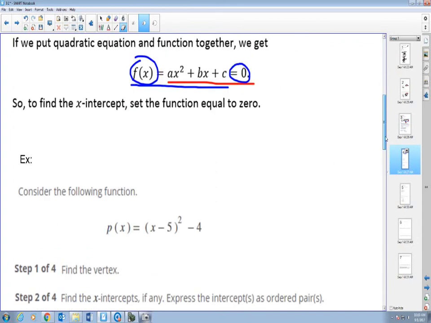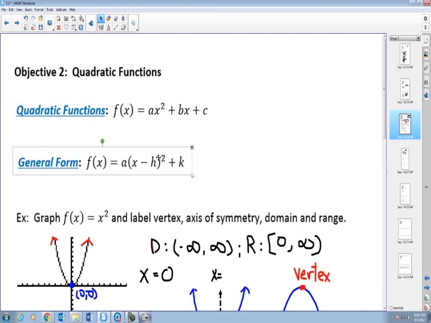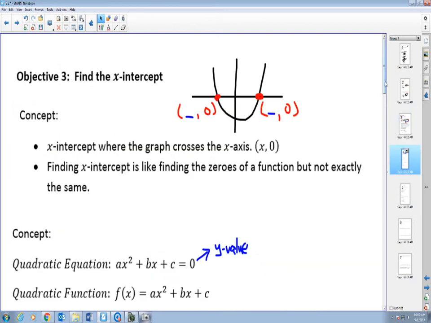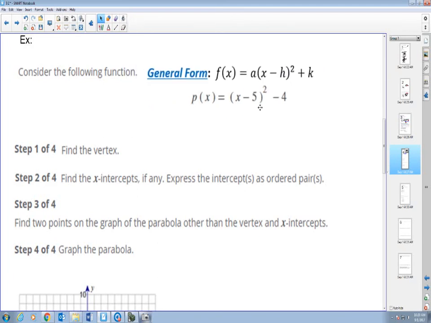Alright, let's put everything about parabola together. This quadratic function is written in general form. So let me copy my form real quick. There's something I want to show you. If we purely go by the formula, this is the general form, and here is my function. If you're matching up all the letters, a down here is 1, x matches with x,